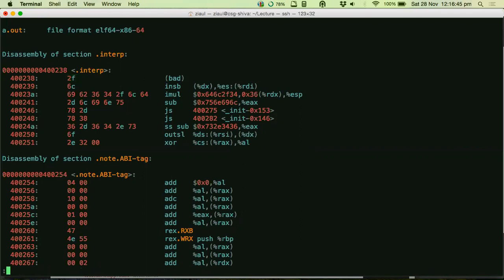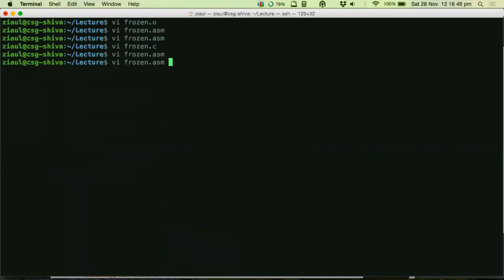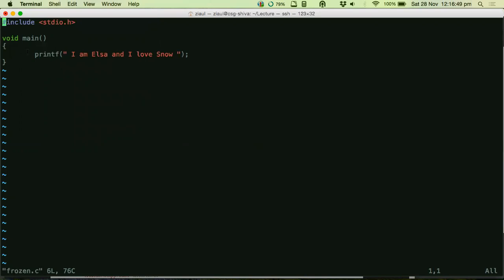Just like this, remember I wrote a program in C, and it has a very high level instruction called printf, and then it got translated into a lot of assembly code. This explosion of assembly instructions happened because I have gone from a high level to an assembly, and from assembly to machine code. But if I directly chose to write in assembly, I could have written this program in fewer lines.